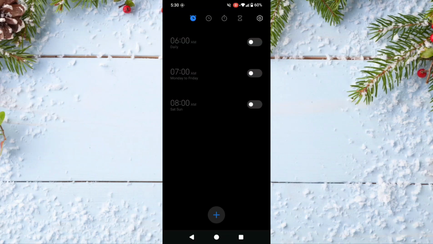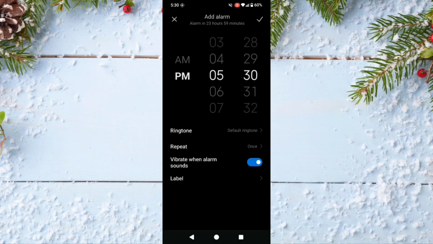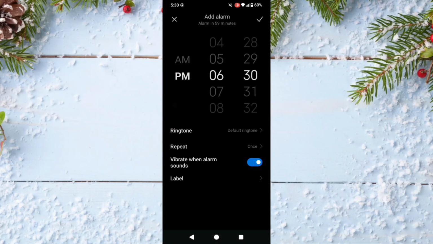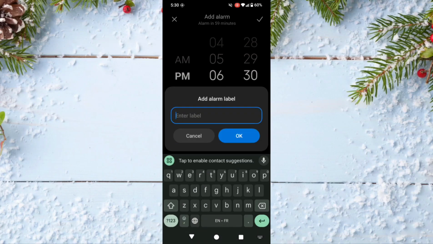And if you want to create a new alarm, you click on the plus at the bottom of the screen, and after that choose the time of the alarm. For example, if you want it at 6:30, and you choose the ringtone of the alarm, and if you want it to be repeated daily or Monday to Friday or custom, and if you want the phone to vibrate while the alarm sounds, and also if you want to put a name to that alarm,